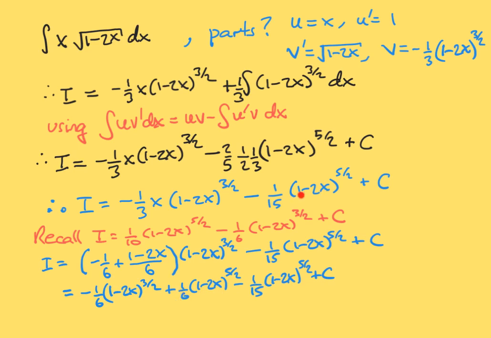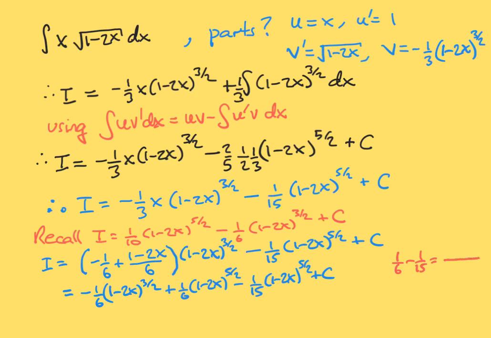These two terms are both of the form 1 minus 2x to the power of 5 halves times a number. Sorry, and the number should be plus 1/10. It's this term that we're trying to generate. And what you will see is that 1/6 minus 1 over 15 is equal to,